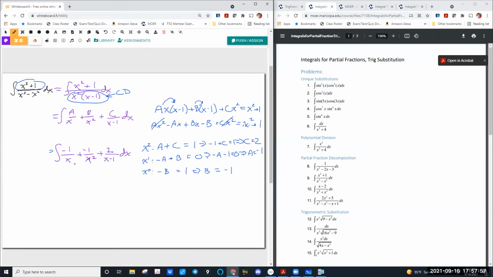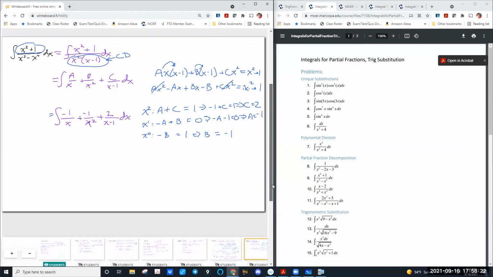What do I mean by that? This is going to be a natural log. This is going to be a natural log, but this one is not. This is a power rule, okay? So take your time on that. Make sure, if you're not comfortable with these yet, use substitution. Use your antiderivative rules. Okay, I'm not going to finish that one because I want to go on to the